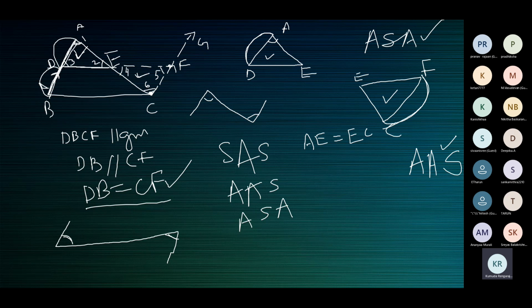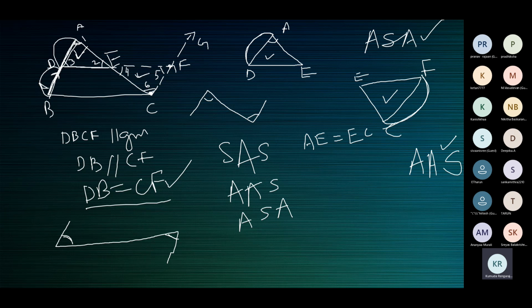But sometimes you have more than the needed information, so you can use more than one congruence rule to prove that the triangles are congruent. In situations like this where you can use ASA or AAS, ASA dominates. That is, you are somewhat required to use ASA, mostly in theorems and proofs. The teacher cannot reduce marks because you use AAS, but I'm again scared. So where you can use AAS or ASA, use ASA. If you feel that you have information to use ASA as well as AAS, please go with ASA.